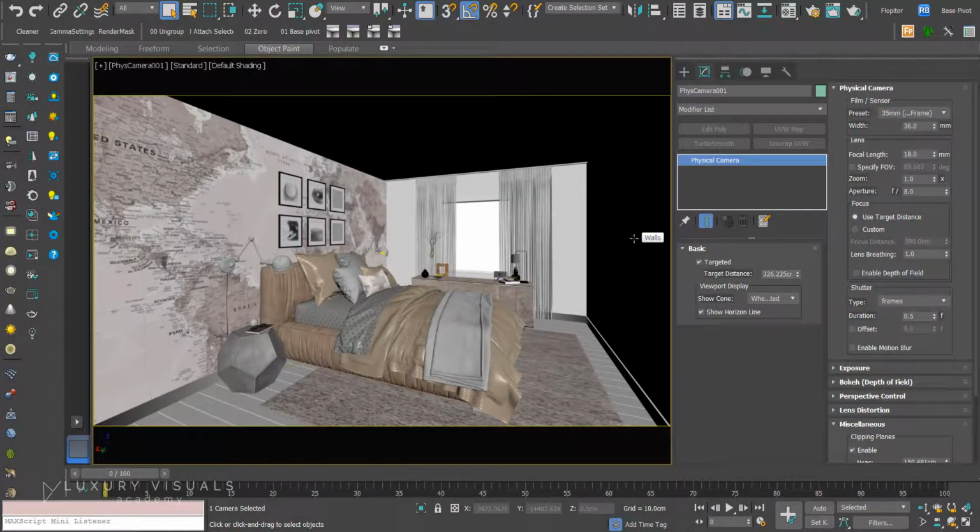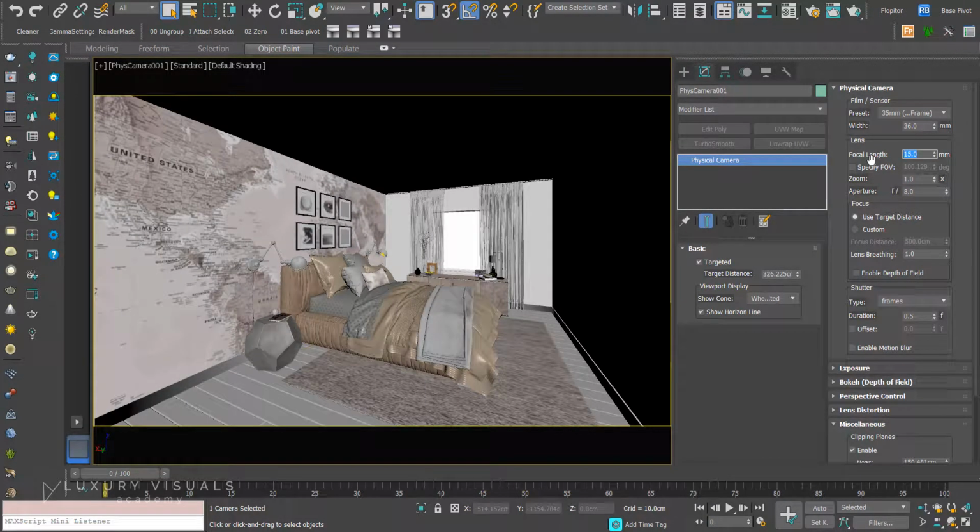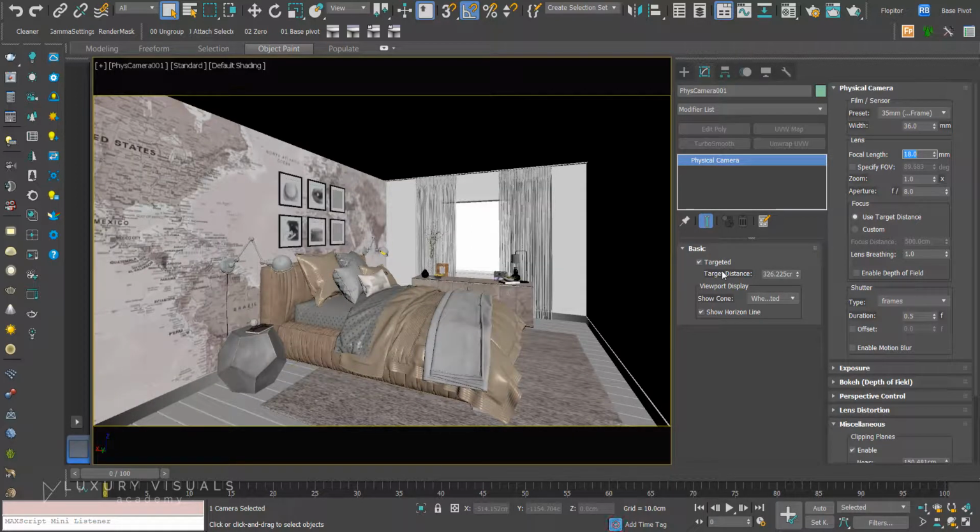So what a camera can see is dictated by its focal length, and you can find that under the physical camera lens properties here. So currently this is an 18mm lens. If we bring this down to 15, we can see that the angle gets wider, and in my opinion perhaps slightly less realistic. An 18mm lens looks like this: